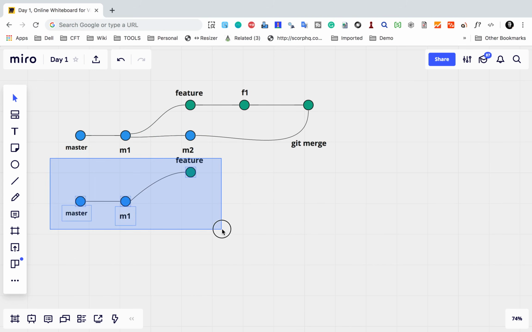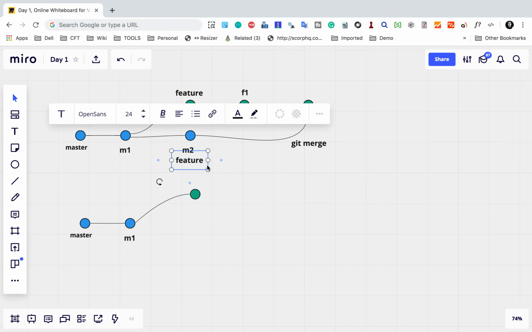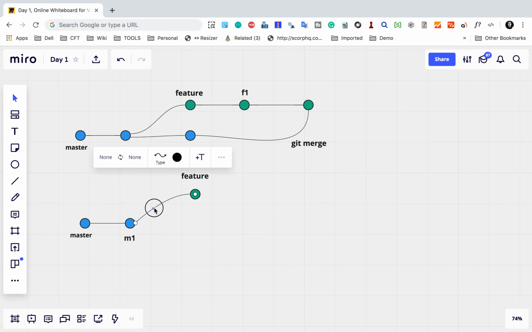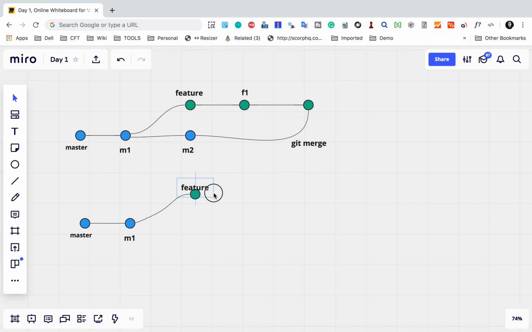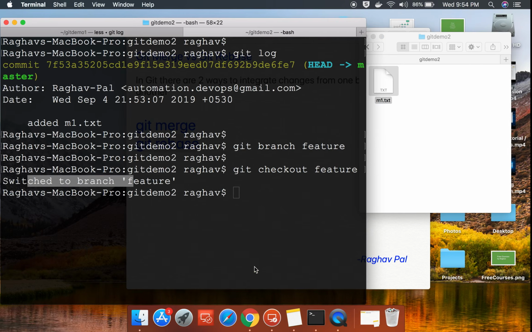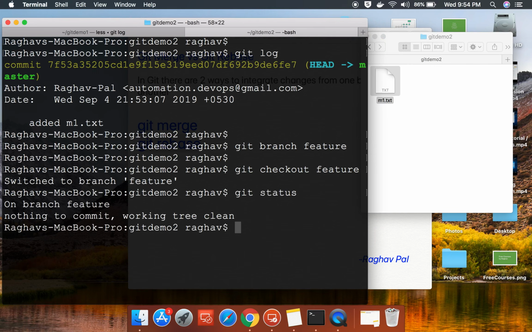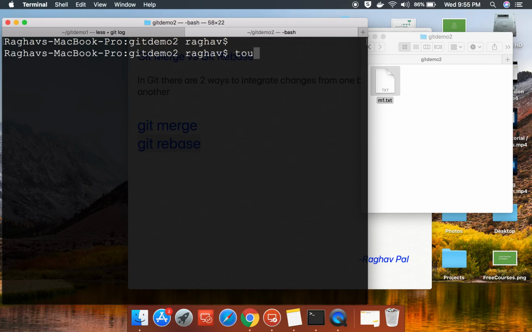So as we have done earlier, we have now come to this position again. We have created a new feature branch, right? Now in the feature branch, if I say git status, everything is clean. If I say git log, as of now I have a single commit that is coming from the master branch, that is m1.txt. Now here I will again create a new file called